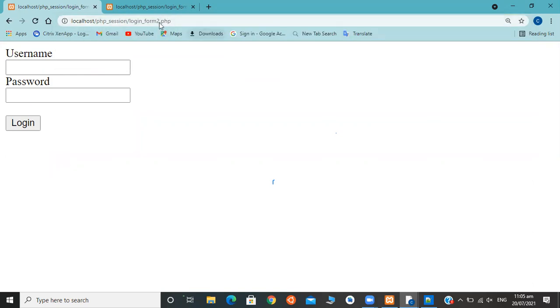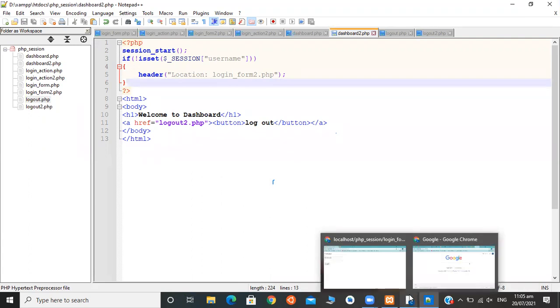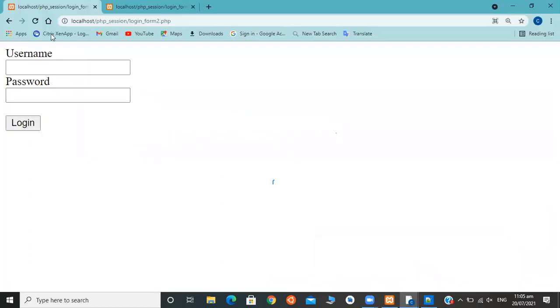See, when we type here dashboard2.php, it is directed to login_form2.php because we have done session management in our dashboard2.php. Because the session variable was not set on the server, it is directed to login_form2.php.